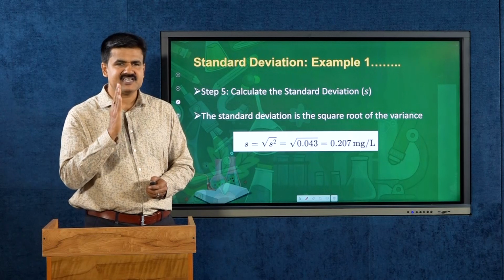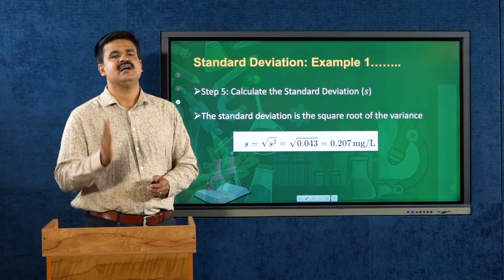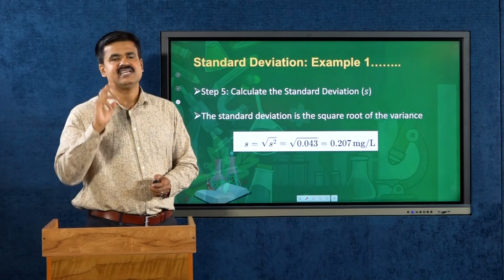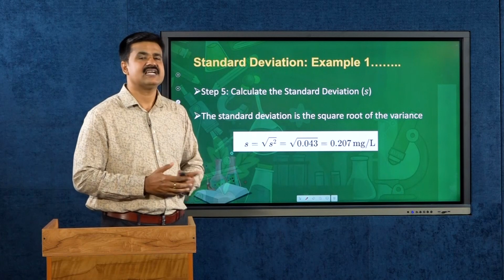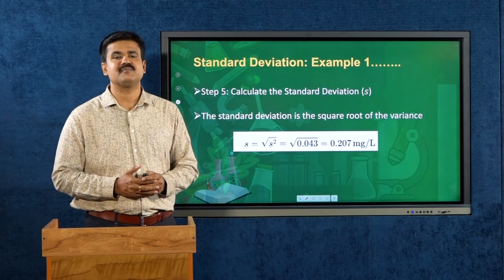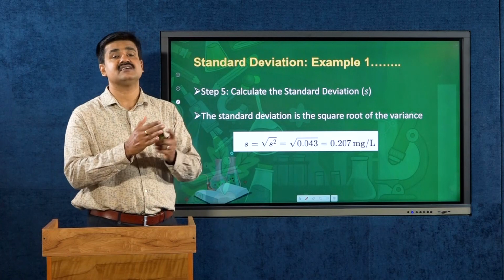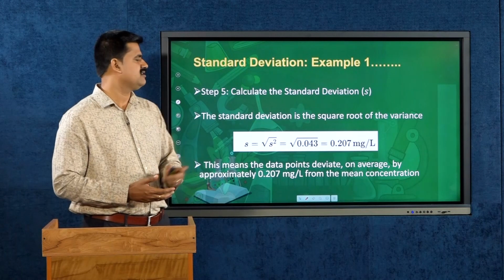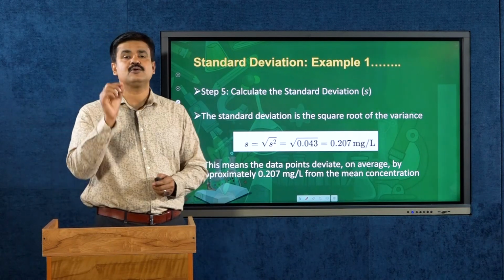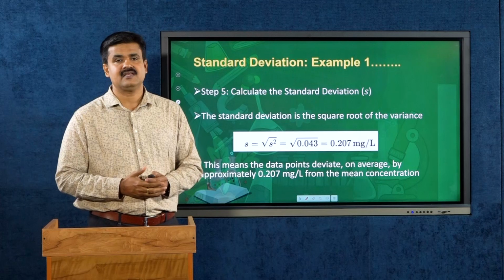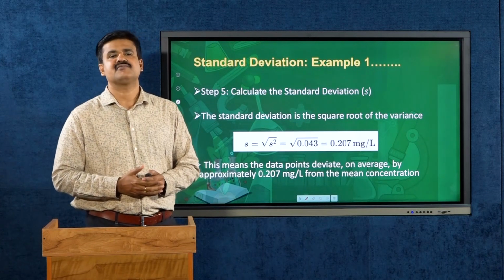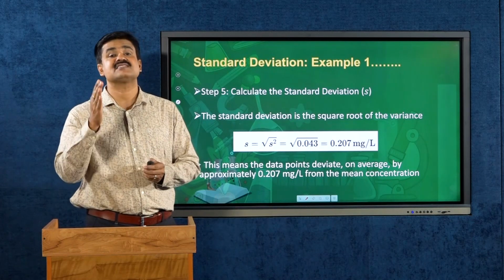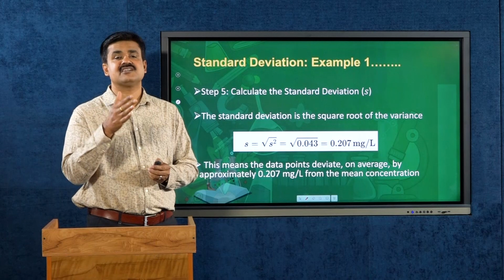So, standard deviation S is square root of S square, and S square we already calculated, that is variance is equal to 0.043. The square root gives the value of standard deviation, that is 0.207 milligram per liter is the standard deviation of the given data set. And on a concluding remark, we can say that the data points deviate on an average by approximately 0.207 milligram per liter from the mean concentration. So, standard deviation also represents the dispersion of the data from the central mean, and here the deviation from the mean is